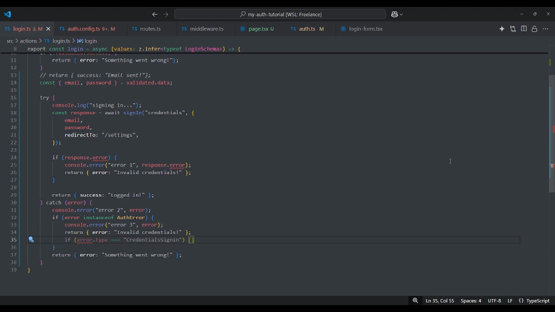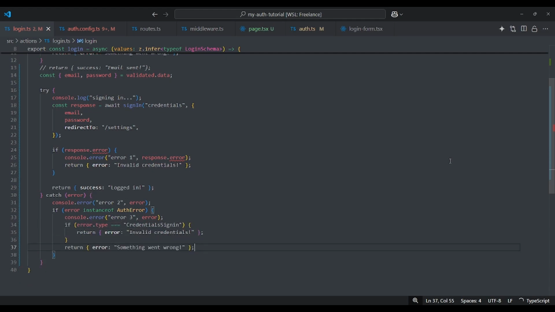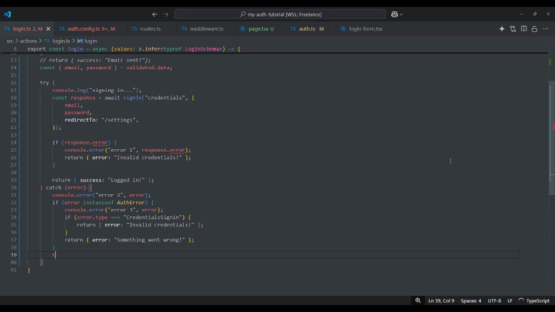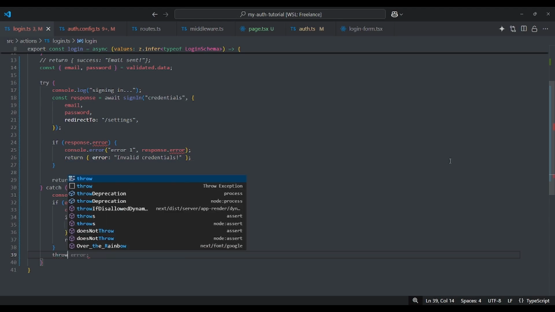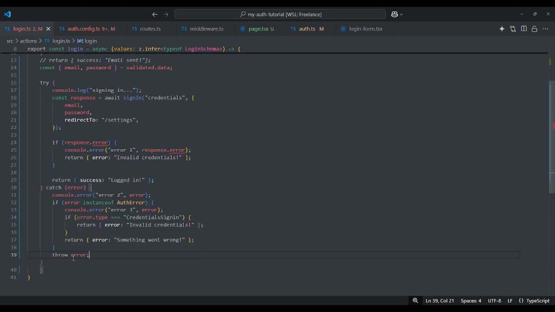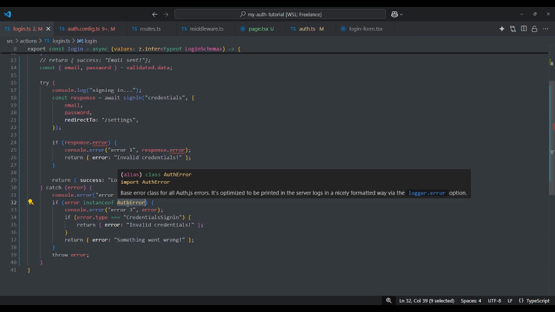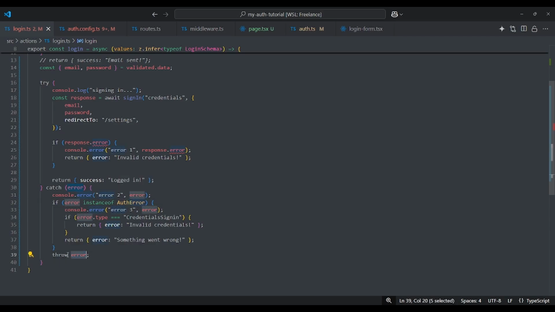And if it is the issue of CredentialsSignin, then we can return invalid credentials, else we return something went wrong, and down below we just have to throw an error. We're doing this just in case the error is not an instance of AuthError, so maybe that error might be different from AuthError, so we need to throw that here.